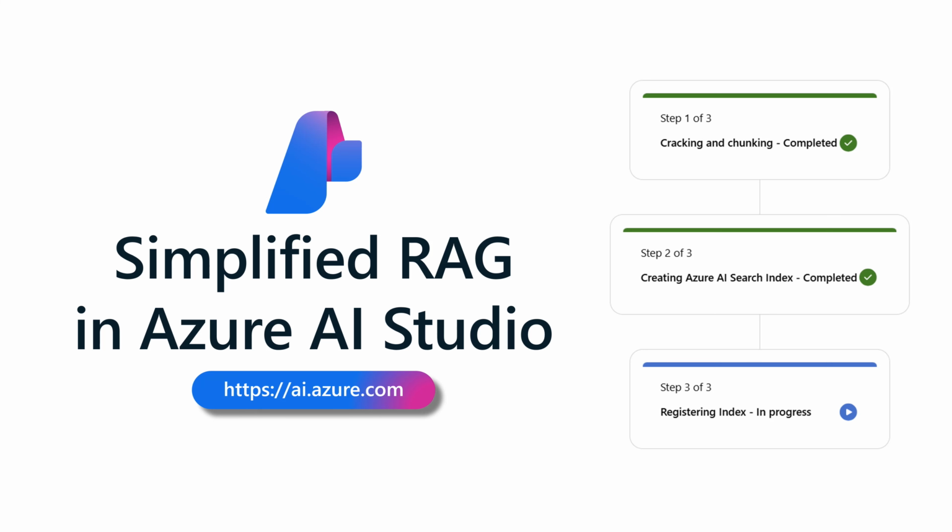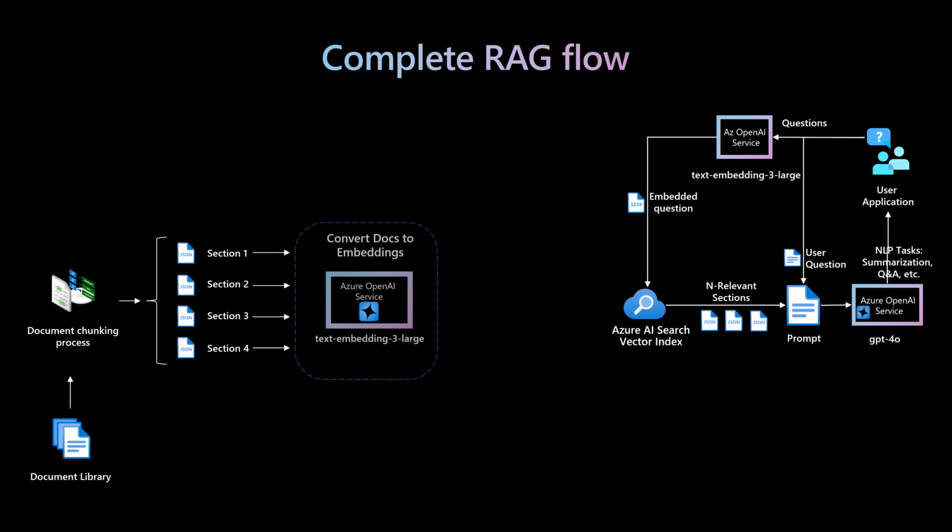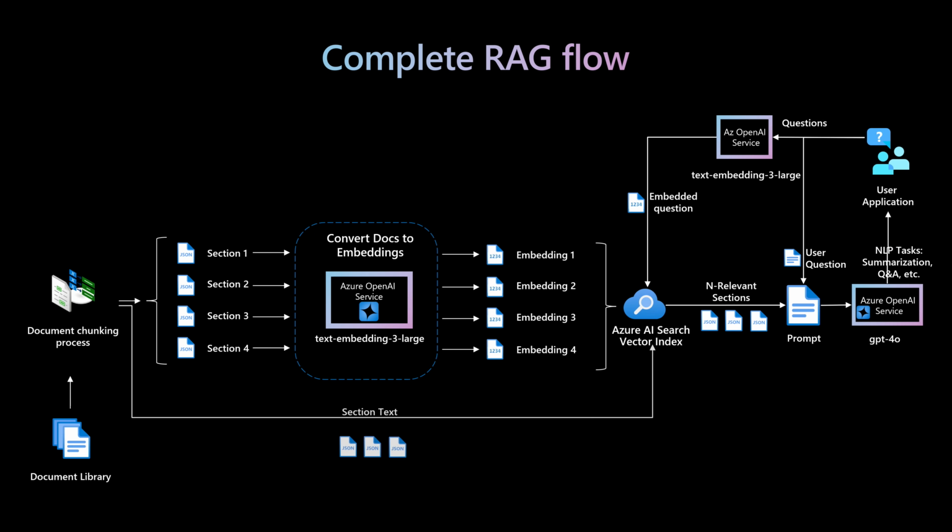You will learn how to perform RAG, Retrieval Augmented Generation, not using code, but using a Visual Designer in Azure AI Studio. The complete RAG flow will look like this. Typically we have multiple steps for creating the chunks, saving the chunks into an Azure AI Search, creating the embedding, then performing the search within the AI document, and then passing the user question and the relevant documents into the Azure OpenAI model. This flow could be implemented by using code, but also it could be done by using